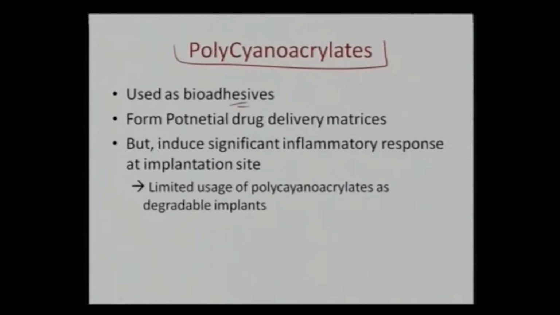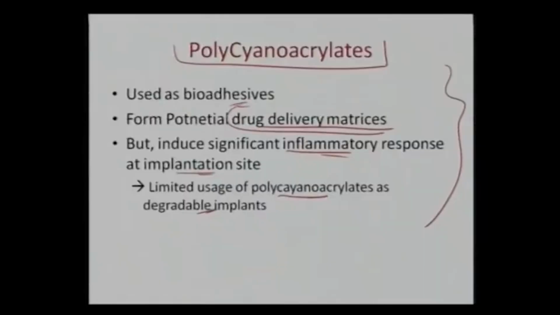and because they form potential drug delivery matrices. But again, they have the problem that they tend to induce a significant inflammatory response once they have been implanted. So they tend to create some inflammation at the implantation site, and that has limited the use of polycyanoacrylates as degradable implants. So though polycyanoacrylates have been utilized as bioadhesives and form very potential drug delivery matrices, because of inflammation their overall usage has been limited